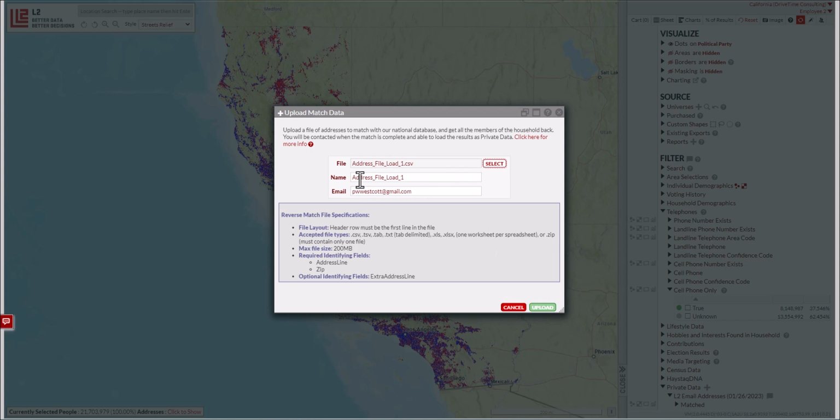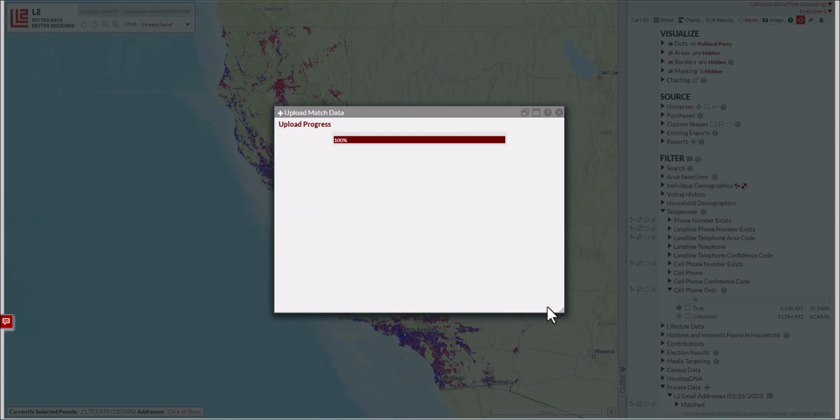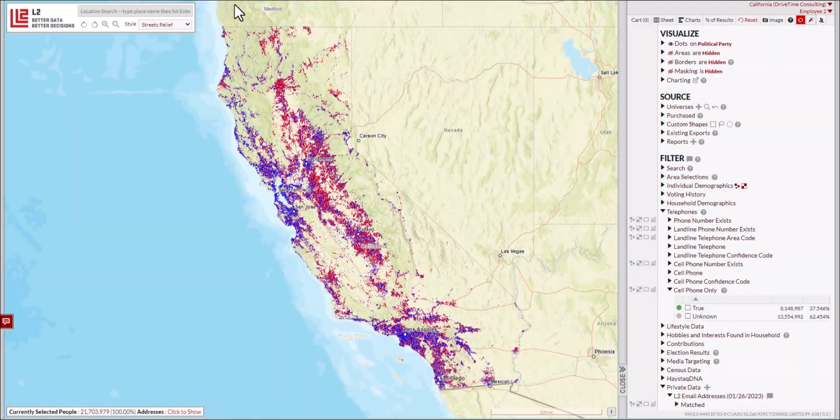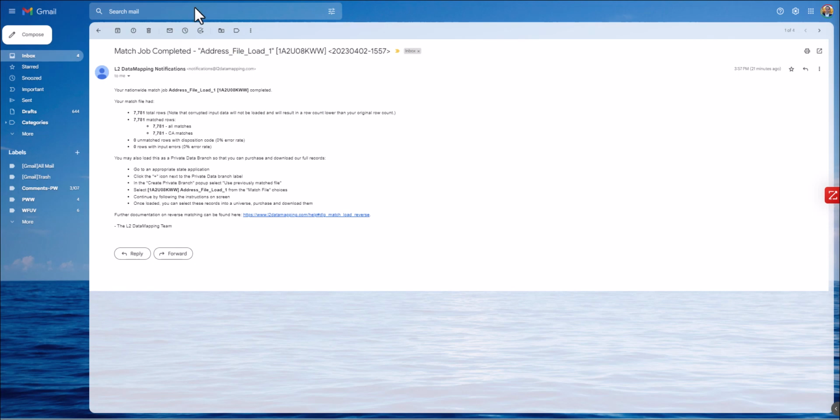And then it's going to give me the option to name the file and set an email where it's going to be sent. The file is now loading. You'll get an initial email when the match has begun, and then you also get an email stating when the match has completed. Now it's saying how many rows were in here, so 7,781 total rows, 7,781 matched rows, and